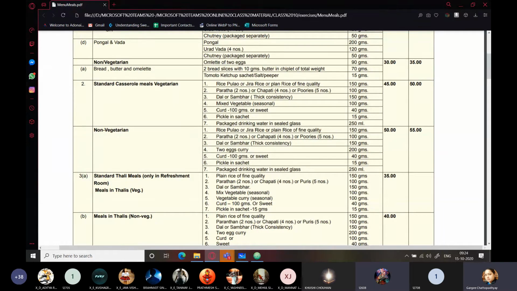Acha, combos. Now over here the combos can be made, it is chosen on the spot by the customer. Like you are a customer, you are a passenger and you are traveling and you want jeera rice with puris and sambar. So it is on the spot. वहां पे पैसेंजर जो चूज करेगा उस पे डिपेंड करेगा. So we have to keep them as options. हमें combos बना लेंगे पहले से तो फिर प्रॉब्लम हो जाएगी.